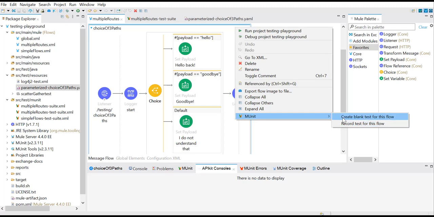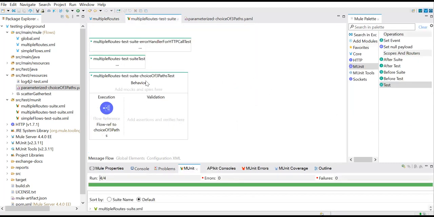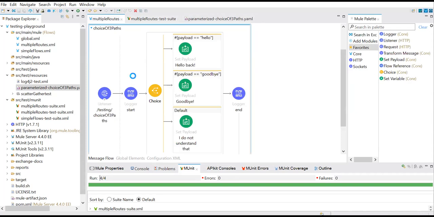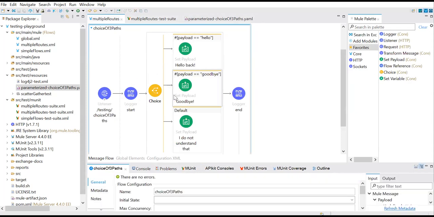Instead of this, I click this, I guess. So I got the empty test case over here. Now let's have a look at how we can configure it, very carefully. Very important concept. Sometimes we get confused. So we'll set the event first here. Because my flow requires the event, and inside that event there has to be a payload value. Either it could be hello or goodbye or something else. So I need to set that